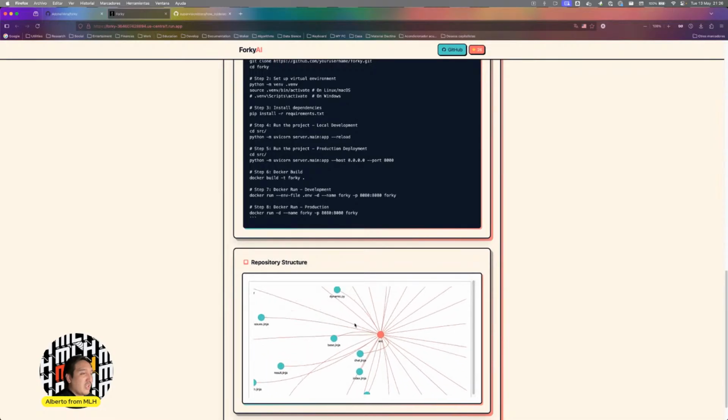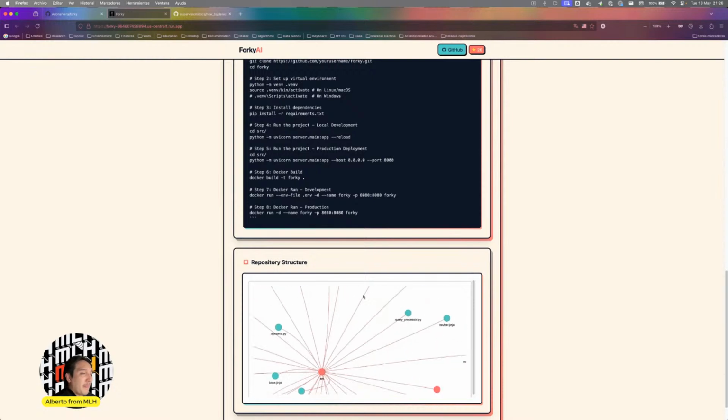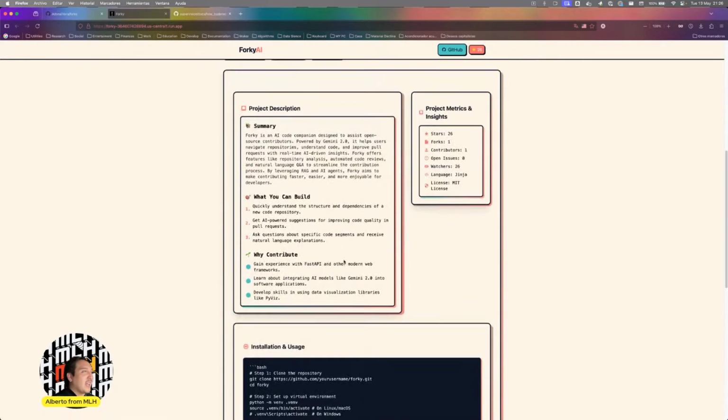source, chat, base, config. This is interesting, but I'm not sure, to be completely honest, if I found this useful. I have to admit that. Well, the thing is that I want to see here